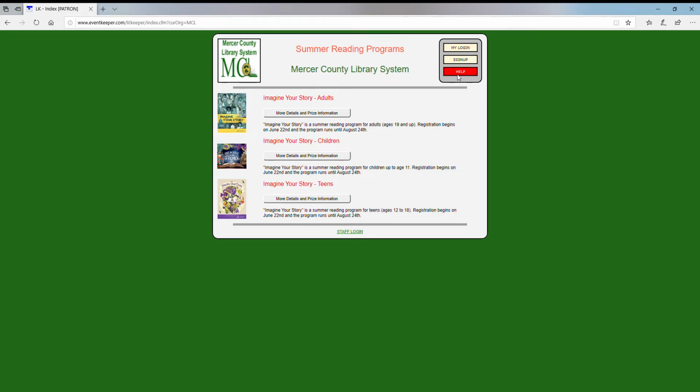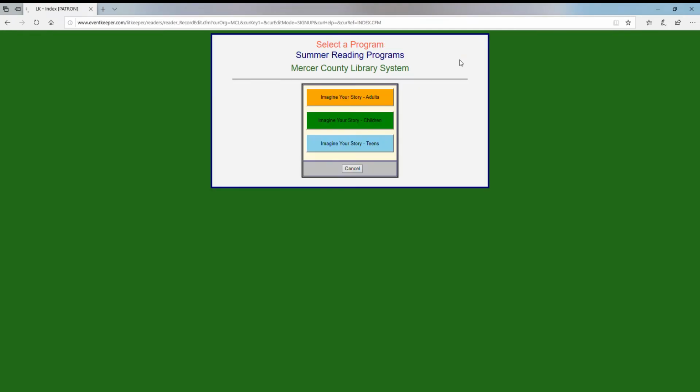There is a help section if you need it. You want to sign up initially. Once you've signed up, then you're just going to use whatever you put in the sign up area to use the My Login subsequent weeks. So the first week you come in, you're going to click this sign up button, and you're going